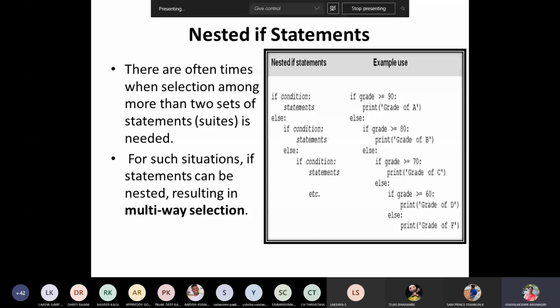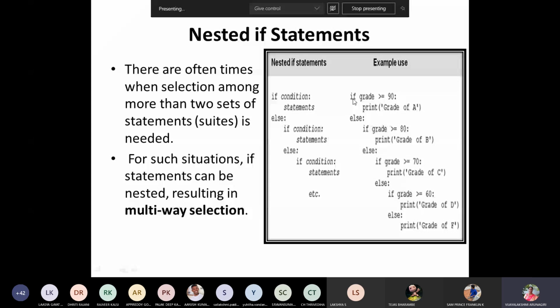In absolute grading, suppose the student got 98, which grade will be printed? A. The student got 88, then B grade. The student got 77, C grade. The student got 66, D grade. So how will this condition be tested? Because we have to check many conditions. It's not like true means do this and false means do this. So this is called a nested if. That means many ifs are given, one if inside another if. If you want to make a decision in multiple ways, then you have to go for the nested if.